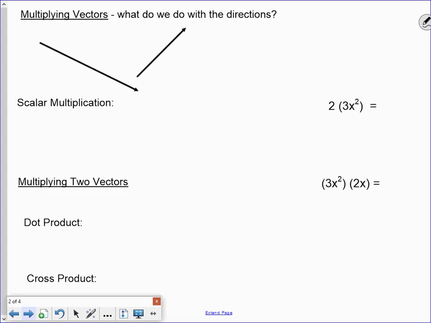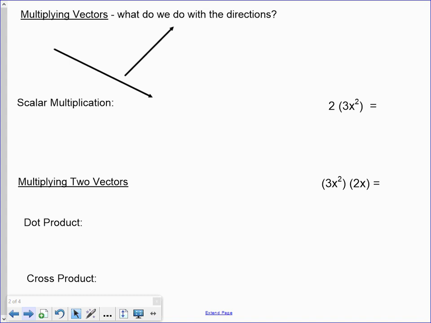Multiplying vectors. We've got two vectors up here. We've been representing these as arrows with a magnitude and a direction. What does it mean to multiply two things that are just like these arrows pointing in different directions? What we're going to find is that the key to multiplying vectors is what we decide to do with the